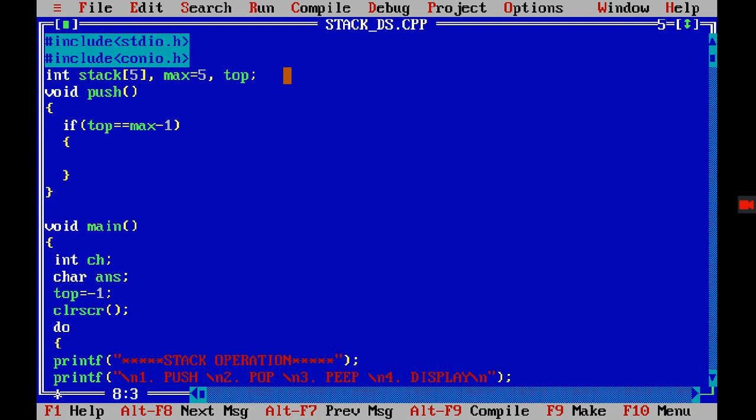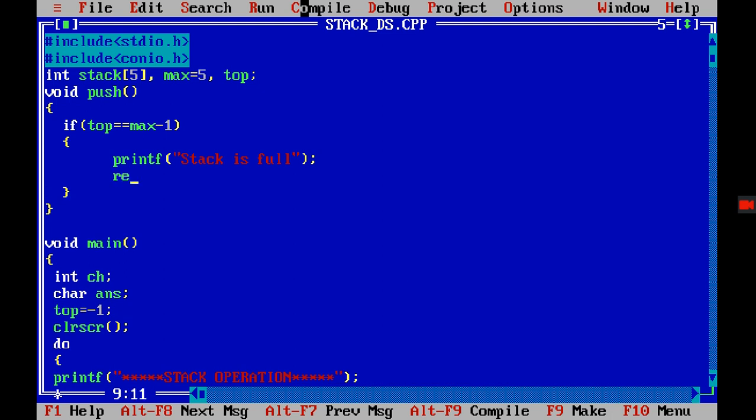You must have studied this in the algorithm, right? We are implementing the same algorithm. We are just implementing whatever we have studied in the algorithm, converting it into a program, right? So if top is equal to max -1, now why max -1? Because the array starts from 0 and your size is 5, so 0 to 4, that's 5, right? So if top is equal to max -1, then you can simply print a message. You can write any message, I'm just writing that stack is full. It's up to you what you write.